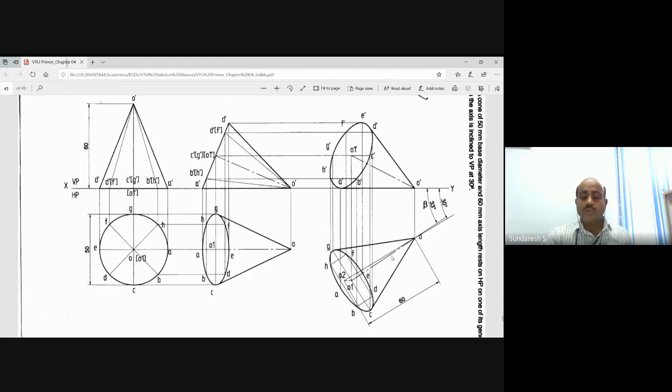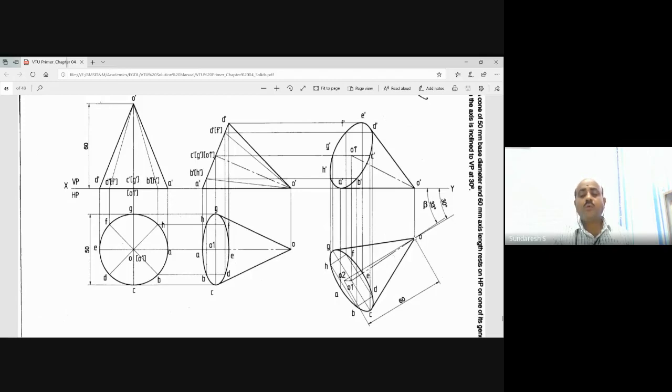Now with this as a reference, O and O1, which is a line joined with a beta angle, that will represent the reference for us to transfer the second position top view to the third position. So the entire second position top view will be reproduced on this third position top view with the reference as O and O1. I think you are clear, right?